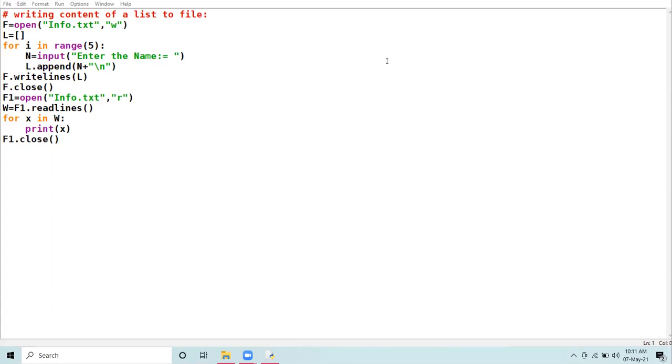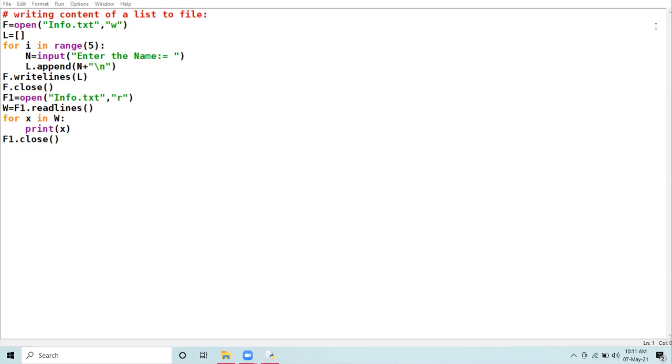Today we are going to study how you can transfer the content of a list to the file. So the writelines function is used to transfer the content of a list to a file. How you can transfer the data pertaining to a list into your file.